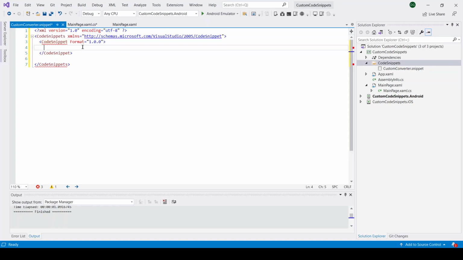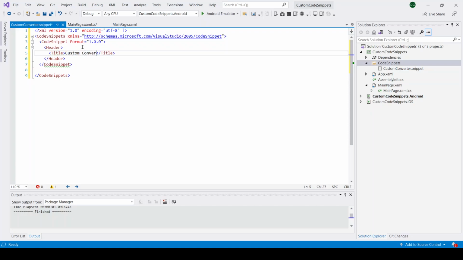Inside the CodeSnippet tag, we need to write a Header. In this header tag, we give our snippet-related information. Here we need to give the title of our snippet. I am giving the title of my snippet as custom converter.